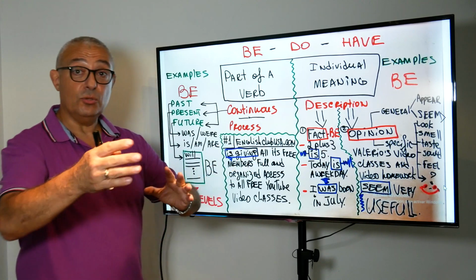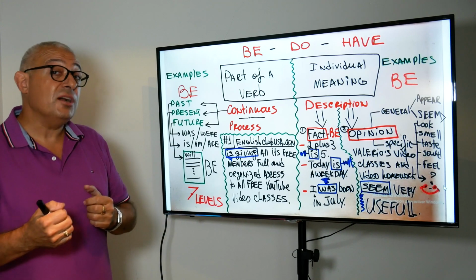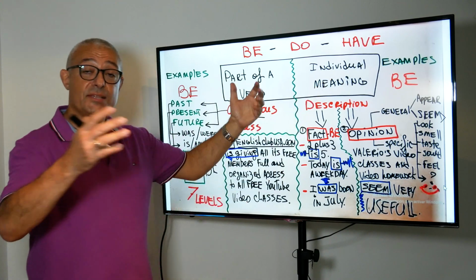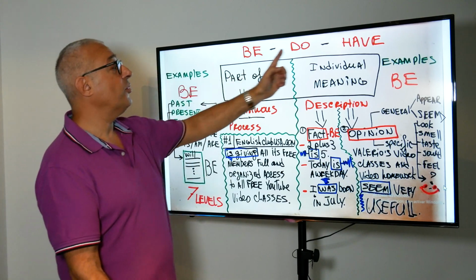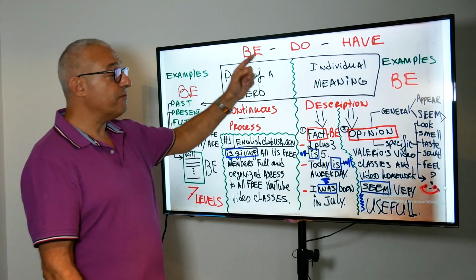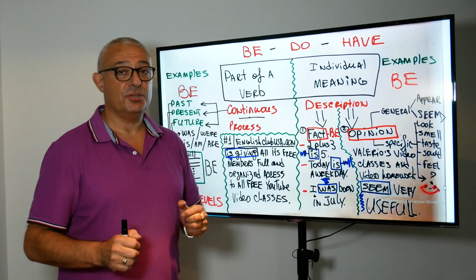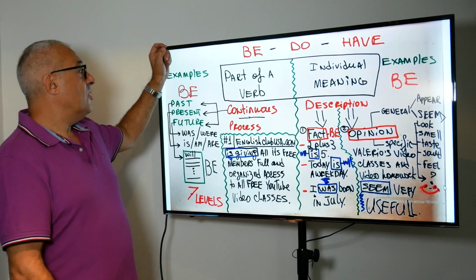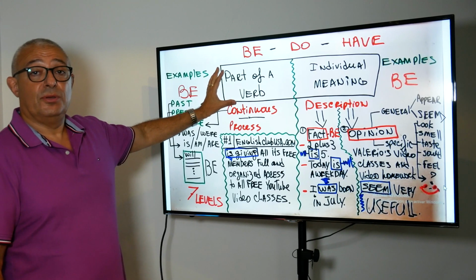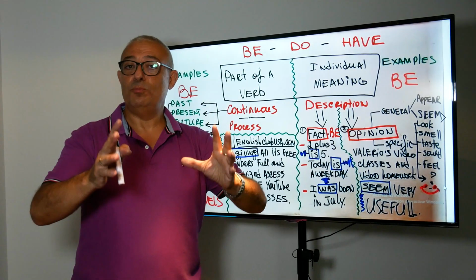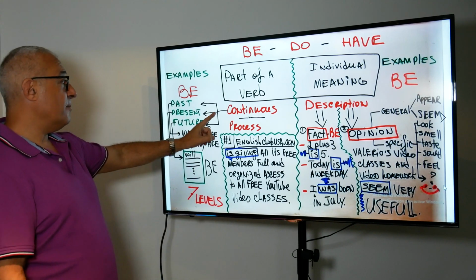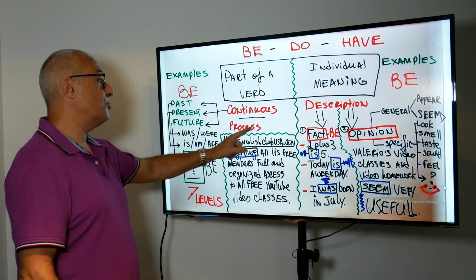So let's take a look at how verb to be functions as two things. It has a split personality, just like all three verbs. These three verbs make up the English language, and especially verb to be. As part of the verb, how could verb to be be part of a verb? Well, anytime you're talking about a continuous process,